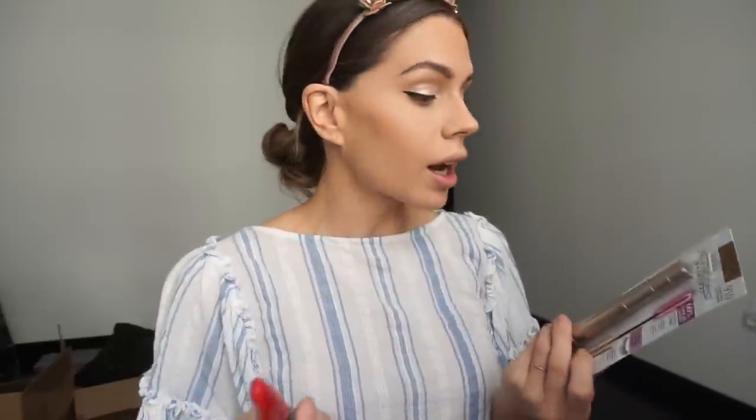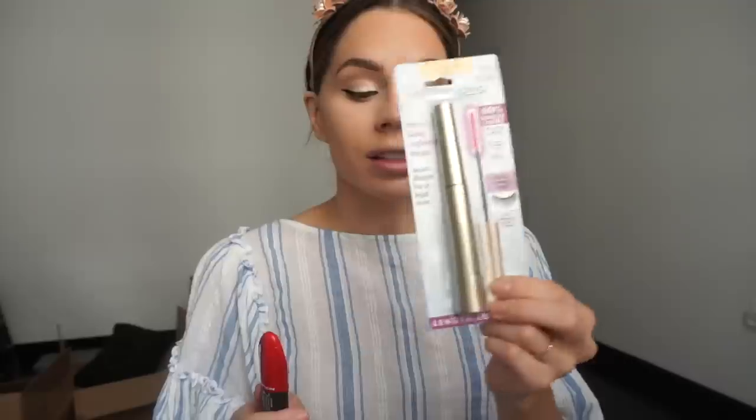Now I'm gonna do my mascara, and I'm so debating on using this one, the L'Oreal Telescopic. I've used it for like 6 years on and off, and it's probably my favorite drugstore mascara, but I'm gonna go ahead and test out a new one today, and I'm gonna do the Revlon Ultimate All-in-One. I really debated on pushing this one to the side, but I'm gonna test out a new one. So,